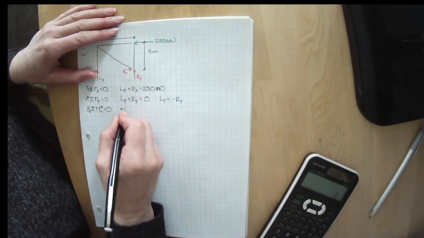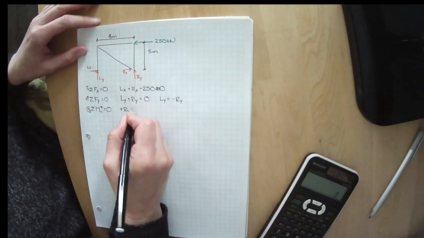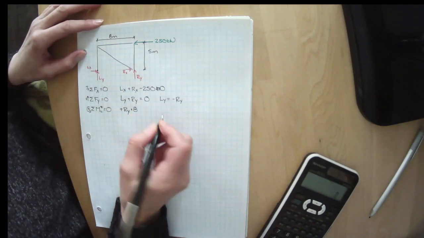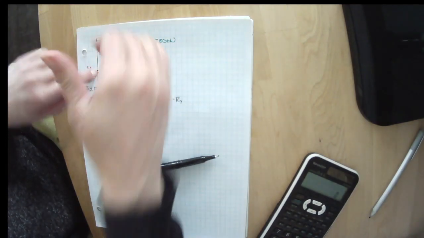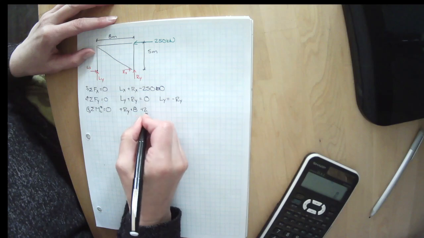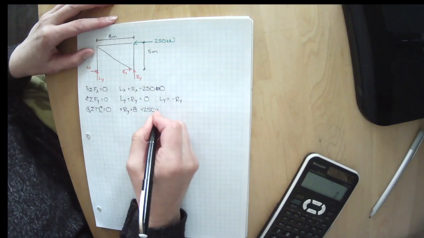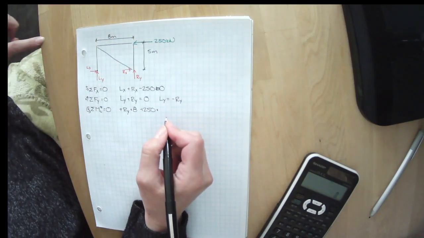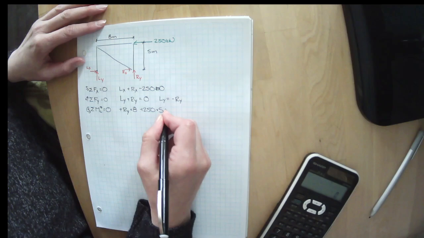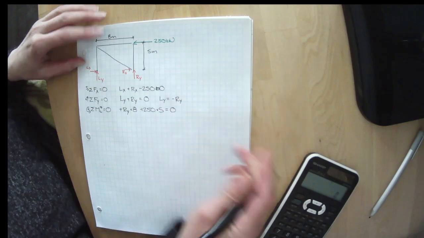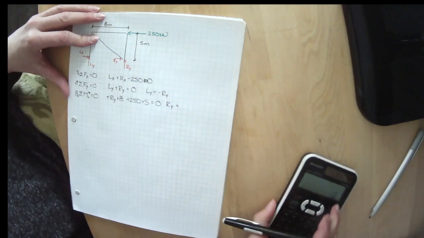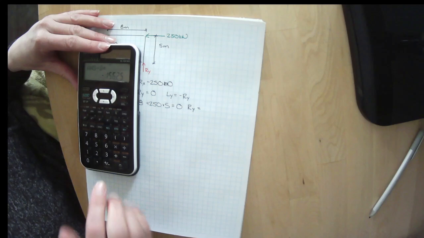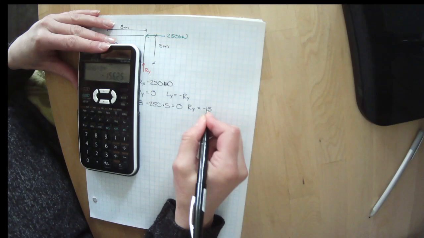So we've got positive Ry times 8 meters, and we've got 250 kilonewtons trying to make it spin in that direction. So positive 250 times, and it comes along this line, the closest it gets is 5 meters, and that equals 0. We can solve for Ry, and Ry equals negative 250 times 5 divided by 8. Ry equals minus